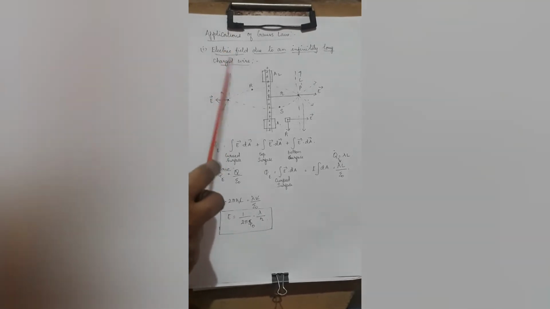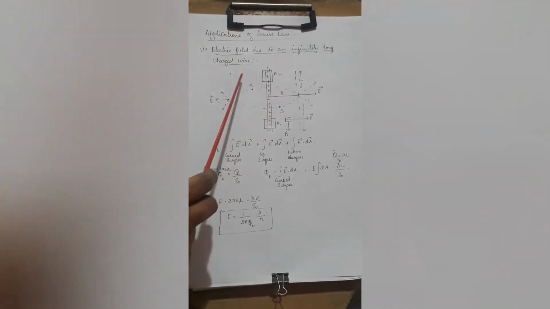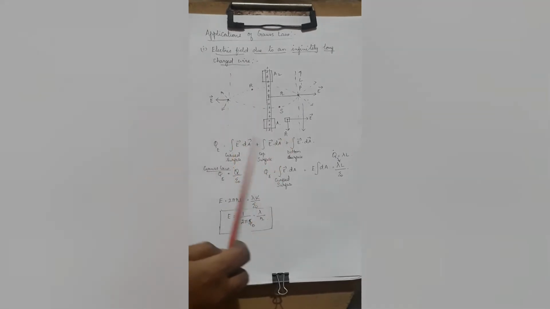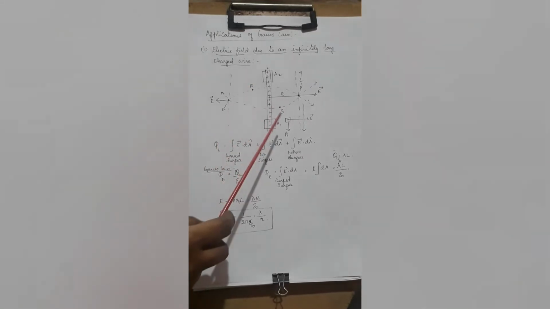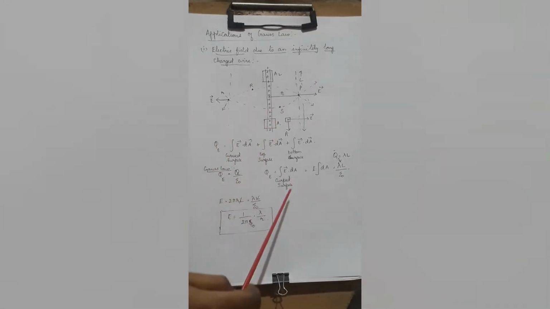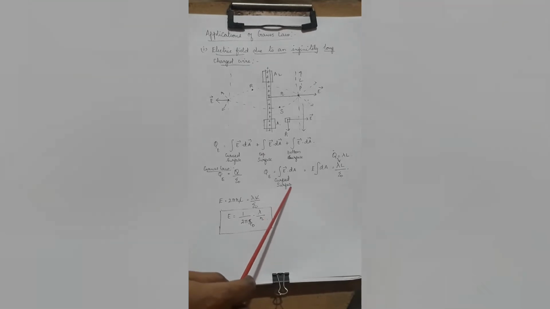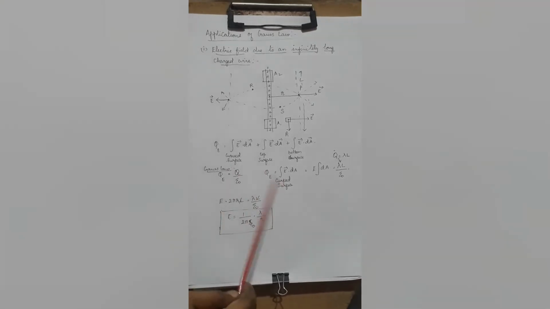Then the next one is the top surface, because it is a cylinder. So I need to find out about the top surface, then the bottom surface. Adding all these things will give me the electric field. Out of that, both top and bottom will cancel each other, where I will need to find only upon its curved surface. So this is by law and this is by definition. So you need to compare now.